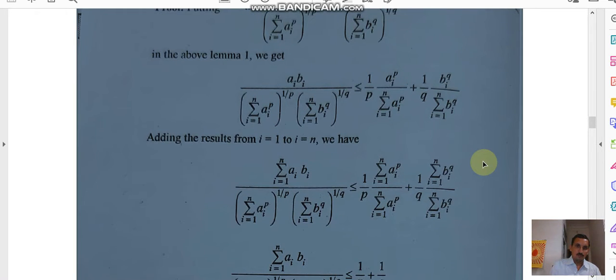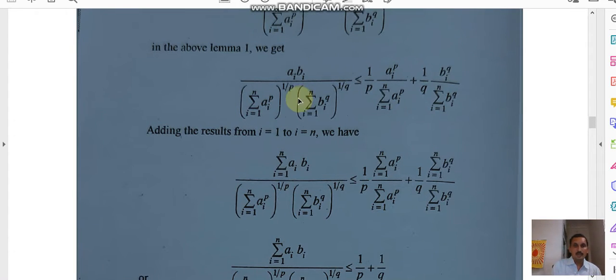ai bi upon the sums is less than or equal to 1 by p ai power p upon summation plus 1 by q bi power q upon summation. So from this we take the summation varying from i equal to 1 to n, and we will obtain the following result